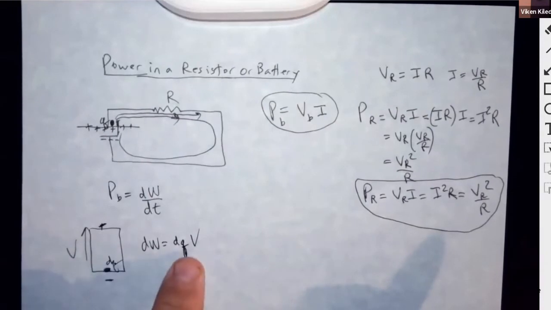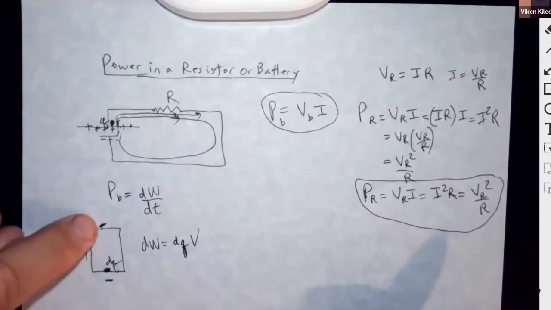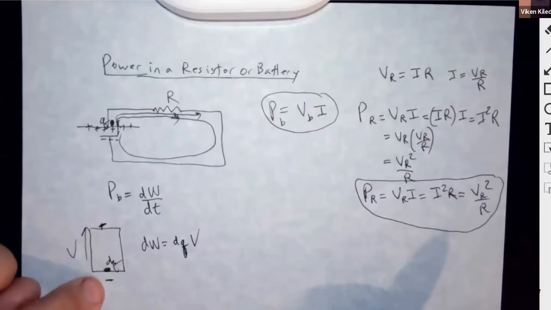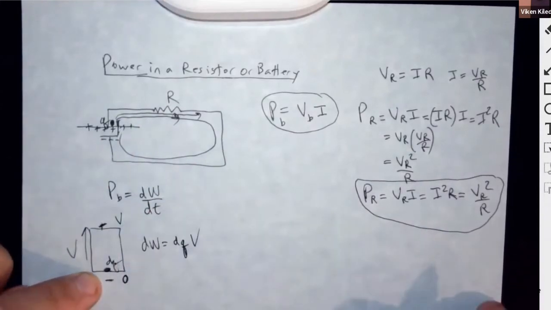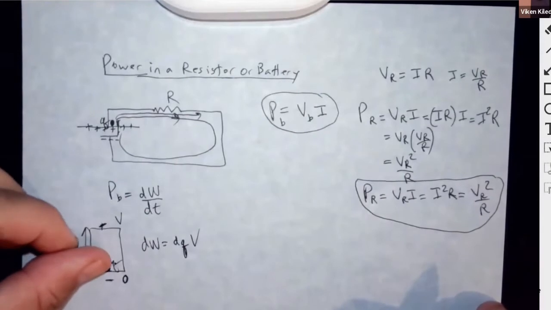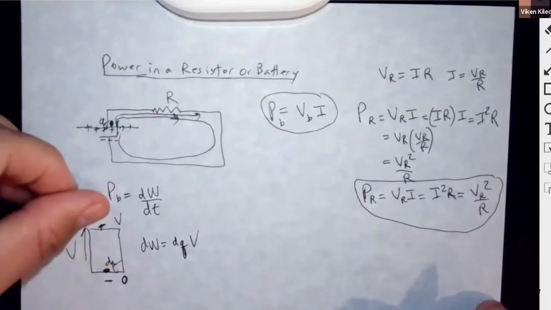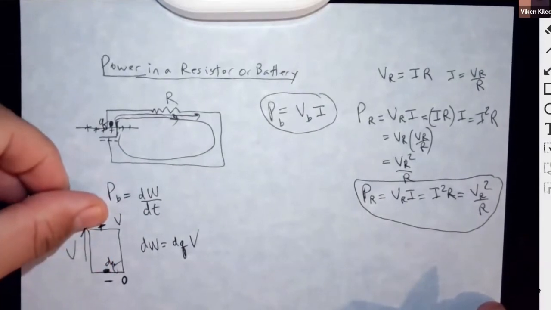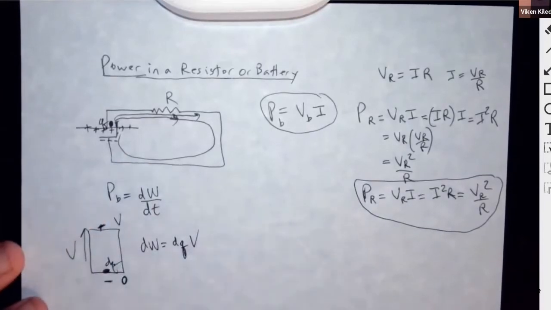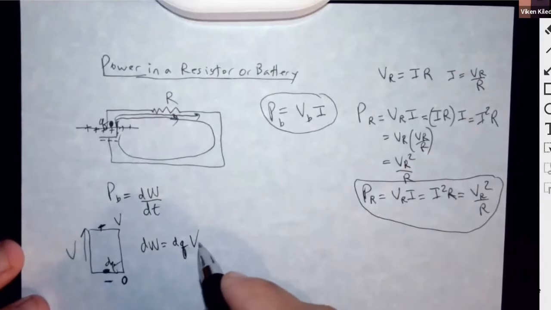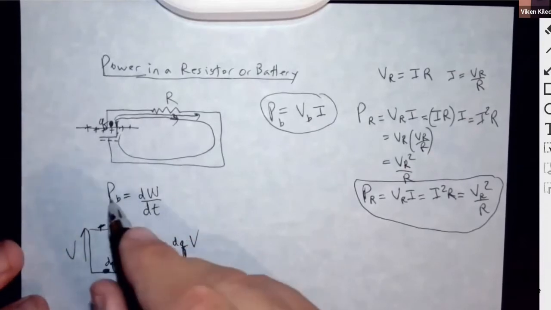Work is charge times voltage difference. The voltage there is V, and the voltage of this I'm calling 0. So the battery has to take that charge and lift it to a higher elevation against its will. So the work done by the battery is dW equals dQ V, and now the power is going to be